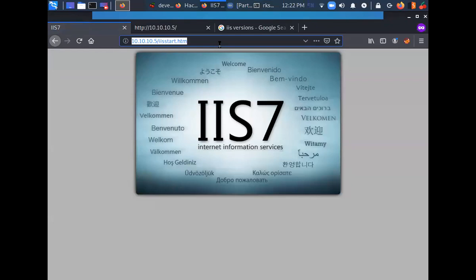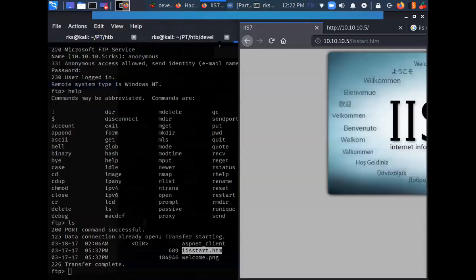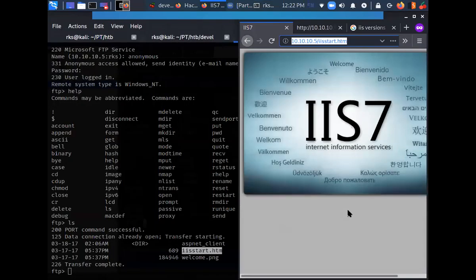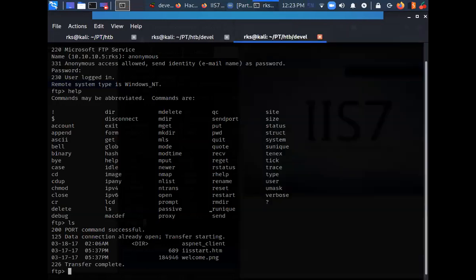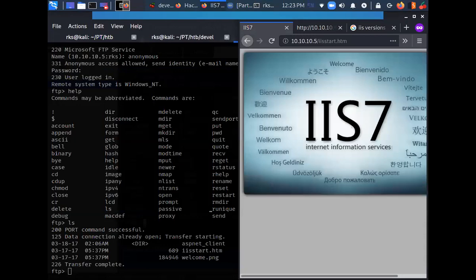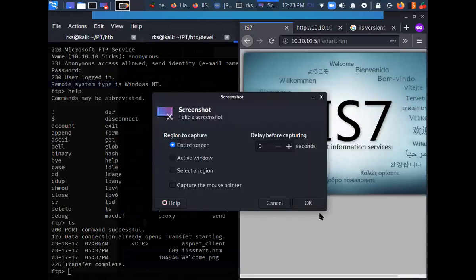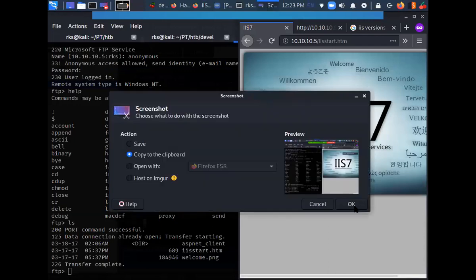Okay, so key observation here is, let's take a snap here as well. It's not happening. Why is it not happening? Okay, I was using wrong keys. So now, okay.